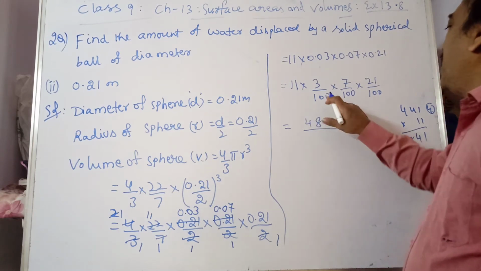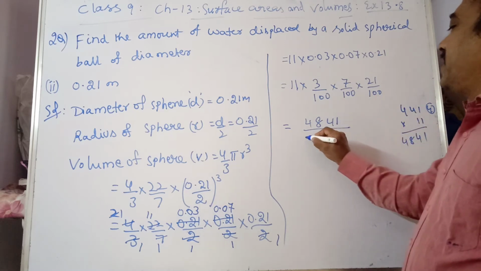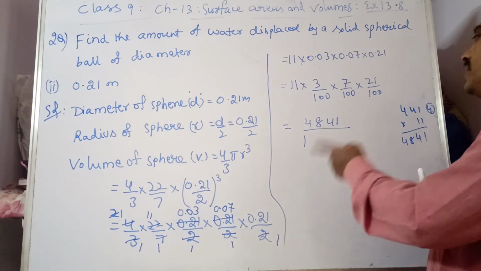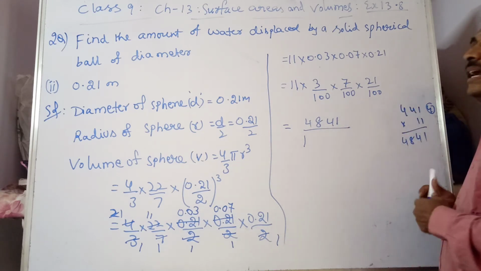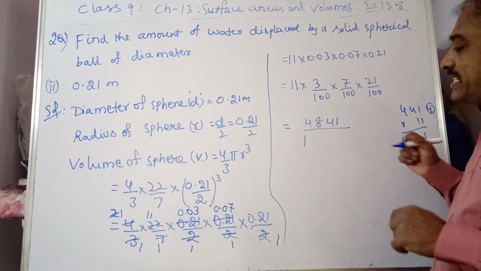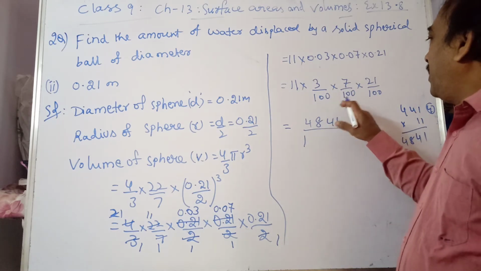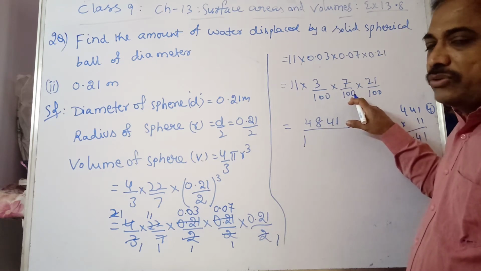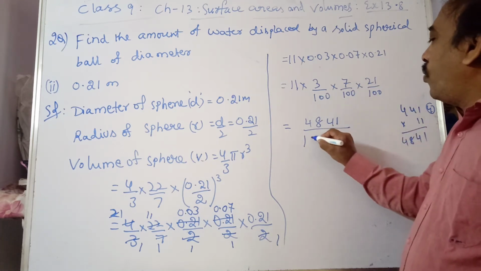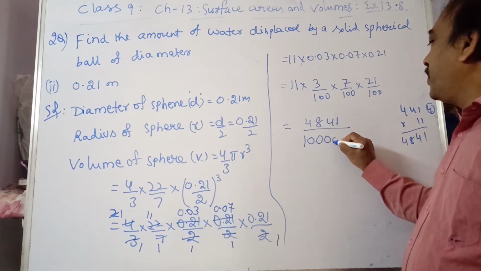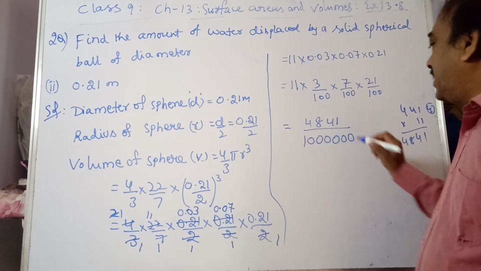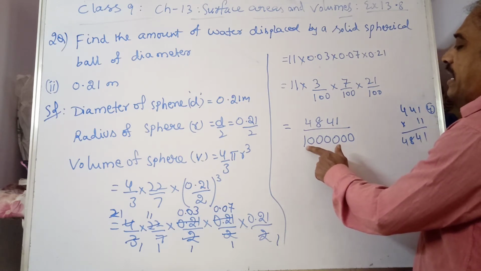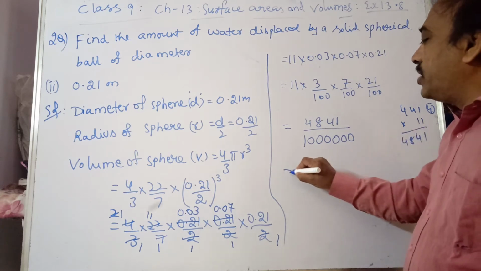4841 by 100 into 100 into 100. Besides 1, how many zeros you need to write? 100 into 100, 10,000. 10,000 into 100, it's in terms of lakhs, 10 lakhs. So besides 1, 10,000 into 100 into 100. Units, tens, 100, 1000, 10,000, lakh, 10 lakhs, which is equals to, now how